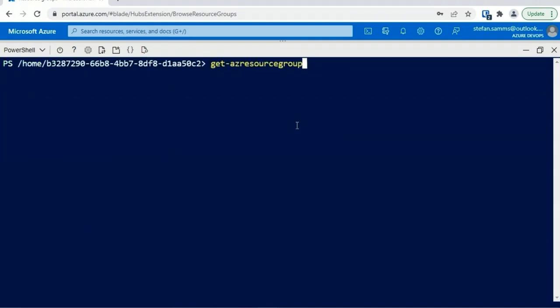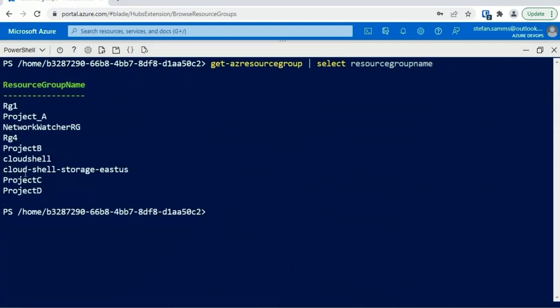And if I use the up arrow key to go back to our Get-AzResourceGroup cmdlet, we can pipe the result of that command on the left to something on the right. So for example, let's pipe the result of that to Select and tell it we want to select the ResourceGroupName property. And it returns only the resource group names,